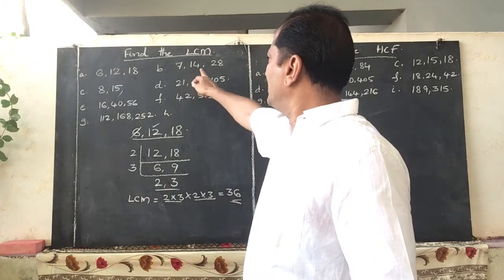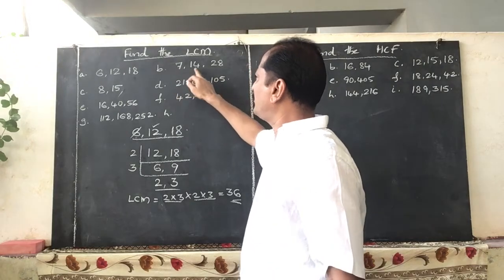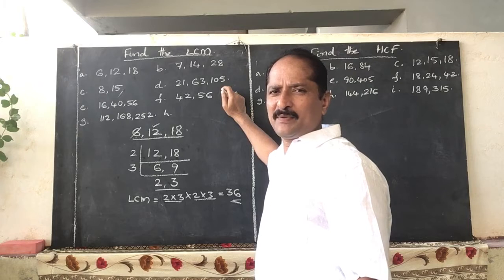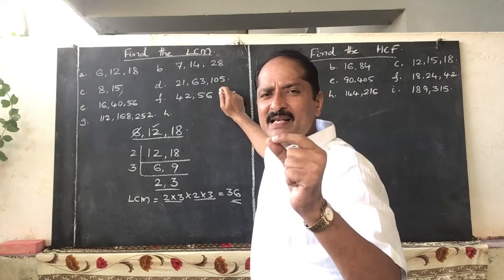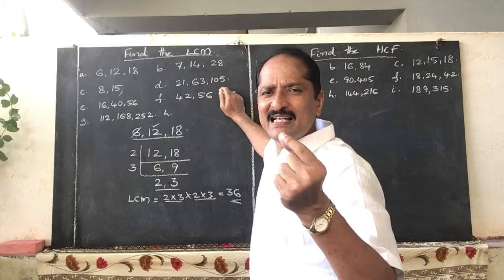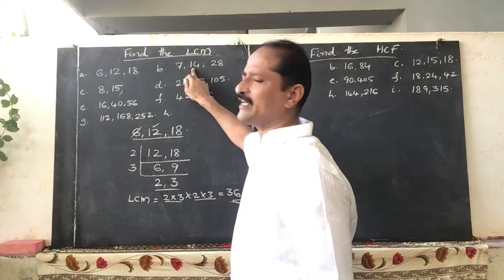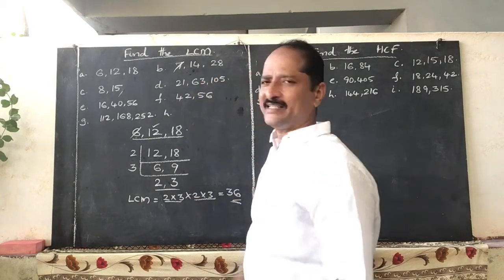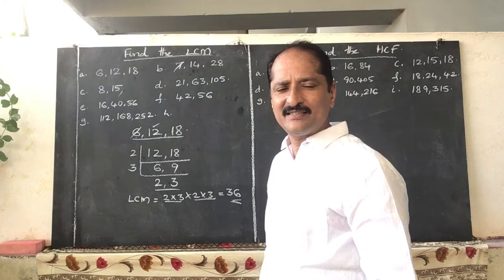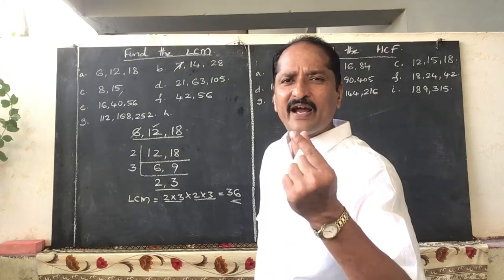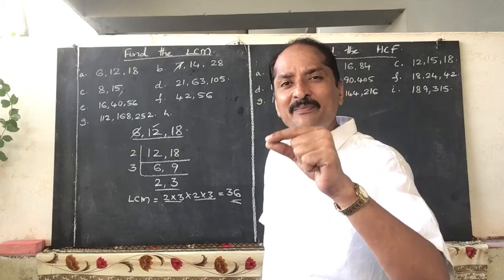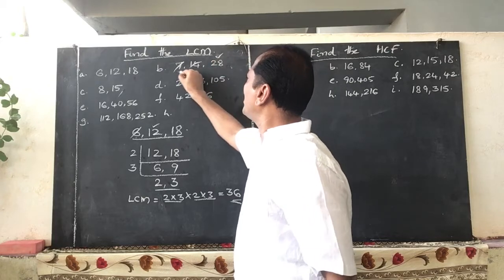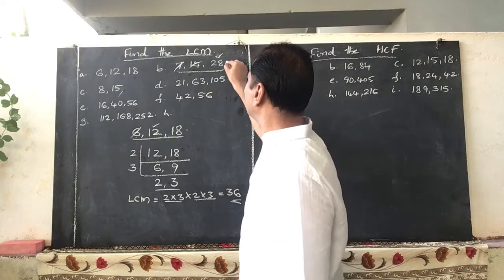Now the second number. In the same way, observe carefully here: 7, 14 and 28. Use the third property. What is the third property? If the greater number is a multiple of the smaller number, then the LCM will be the greatest number. See here, 7 and 14: the LCM is 14 itself, so take out 7. In 14 and 28, 14 is a factor of 28, or 28 is a multiple of 14. So the LCM of these two numbers is 28, the greater number only. So the LCM of 7, 14 and 28 is 28.